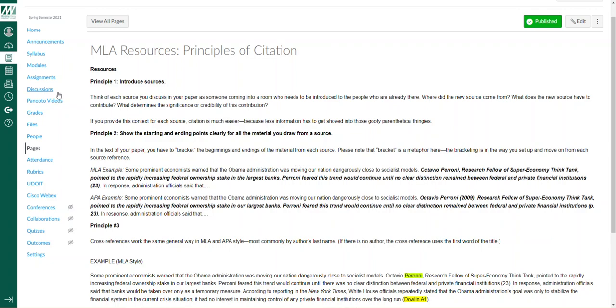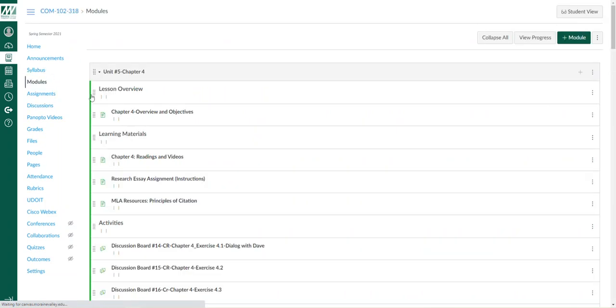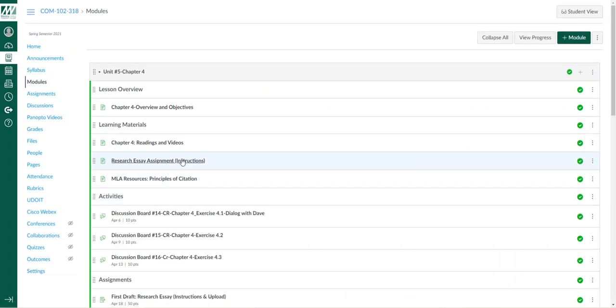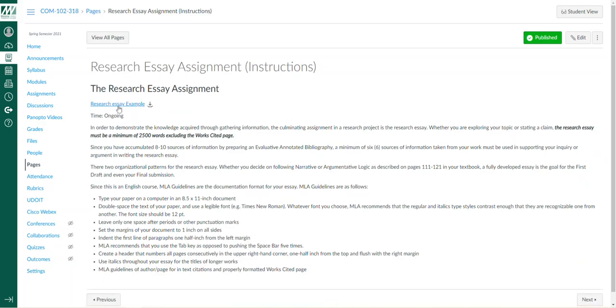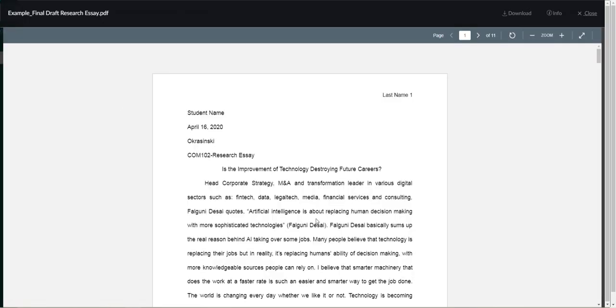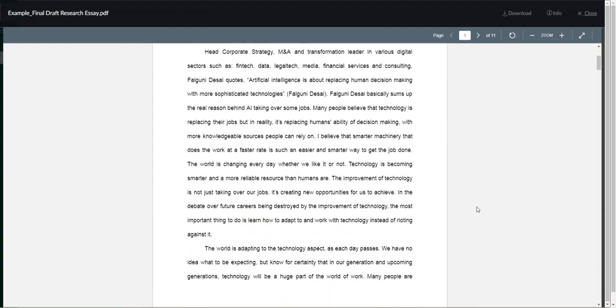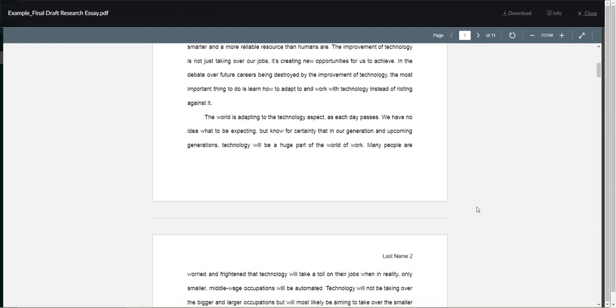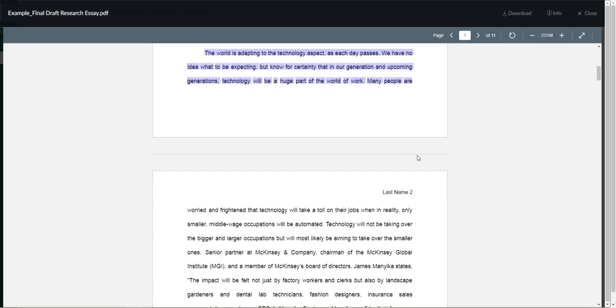So I want to run back real quickly to the module. Let me get to the research essay instructions and let me open up this particular example. Okay. So what we have here is that we have the opening, but I want everybody to really take a look at how this particular essay is organized, how it reads, how it sounds. Here you have a topic sentence, and then you have some context.